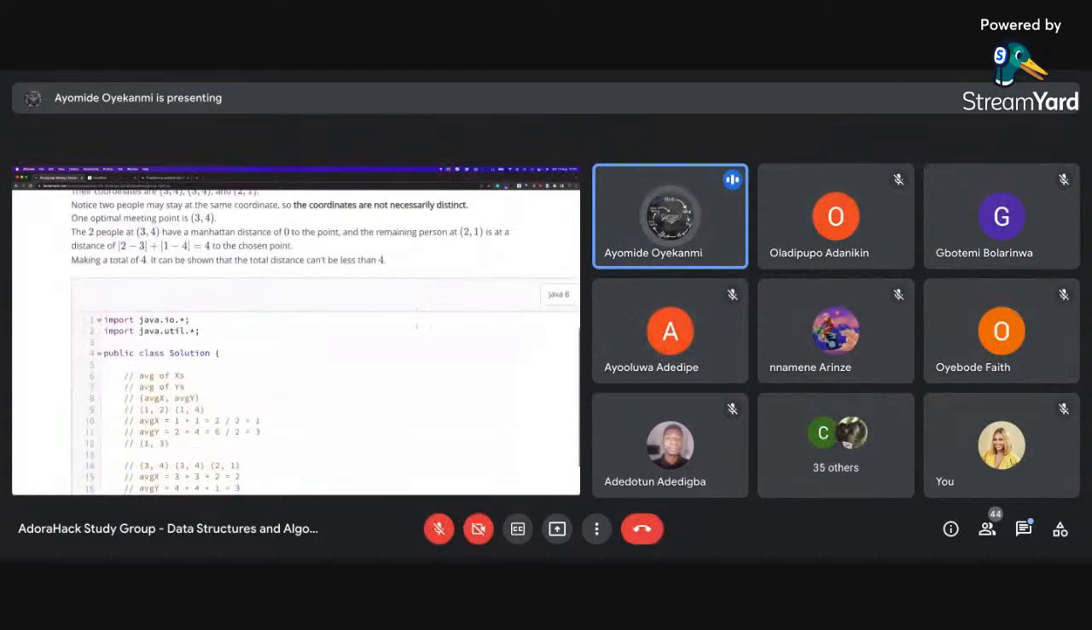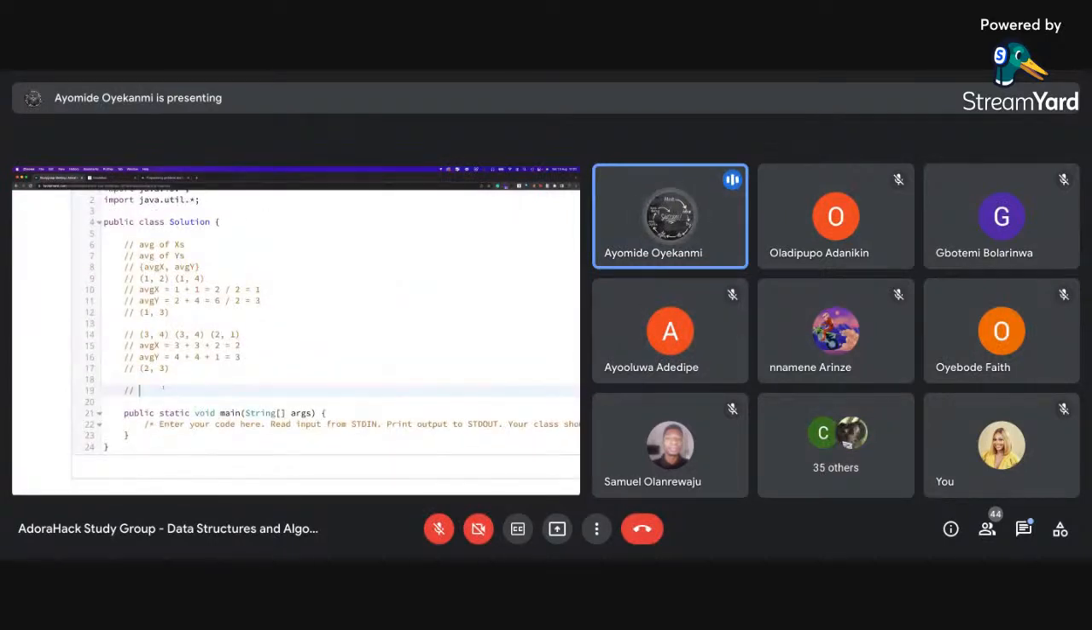So for the distance that the first person traveled, distance 1, we would have 3. This is the first location, which is 3, 4. So 3 minus 2, absolute value of that, plus